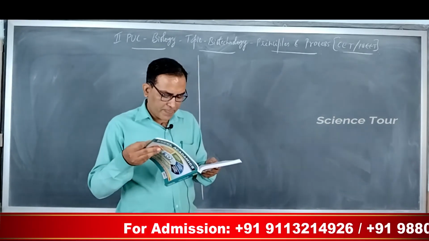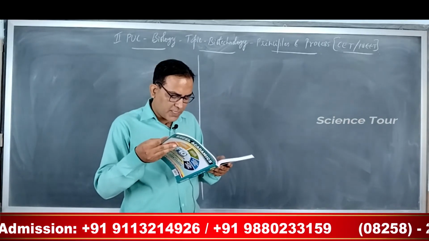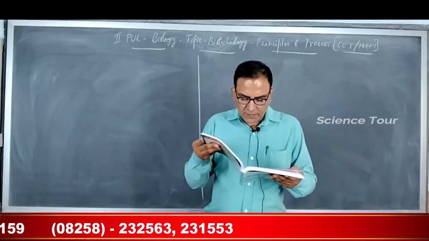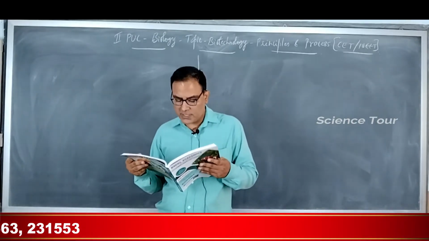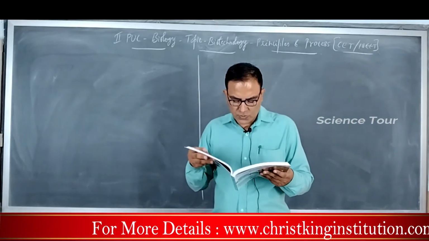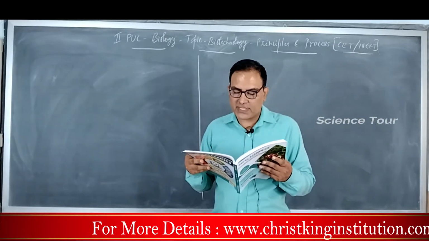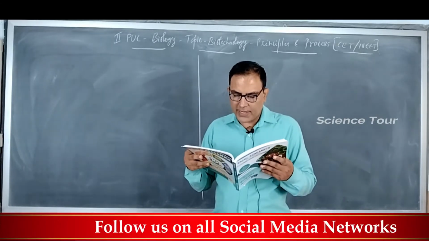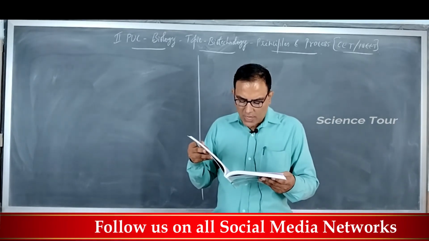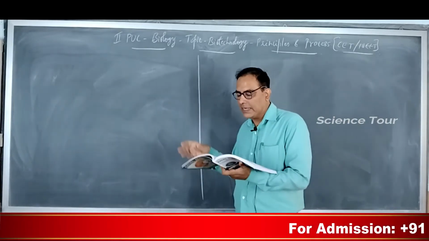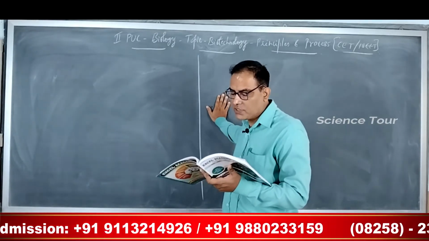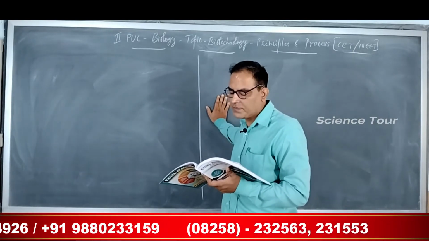Then question number 30. Match column 1 with column 2 and choose the correct option. Molecular scissors, restriction enzymes. First restriction endonuclease is HindIII, from Haemophilus influenzae. Palindromic nucleotide sequence is GAATTC. Small chemically synthesized oligonucleotides used in PCR are primers. So the right option is option 1.